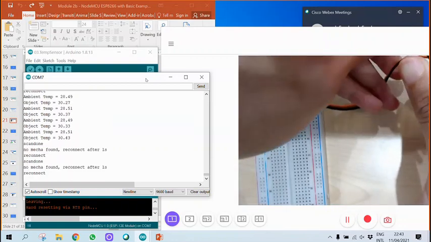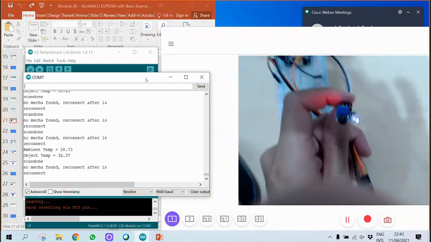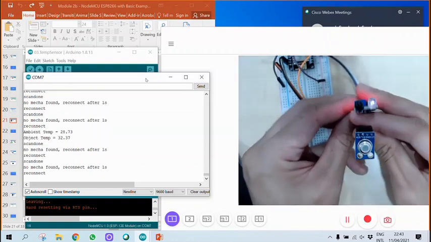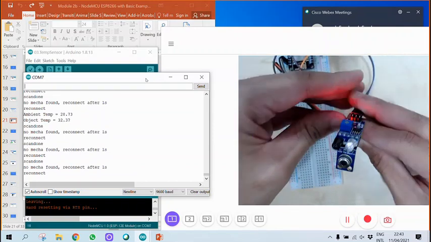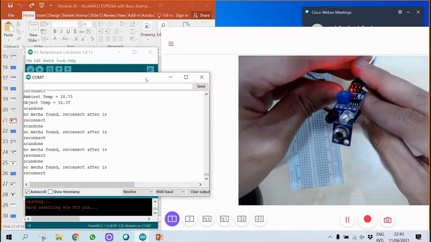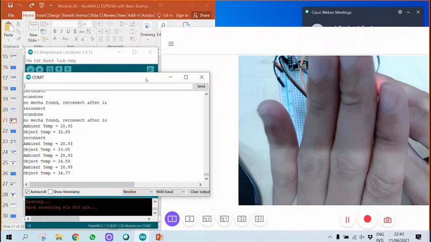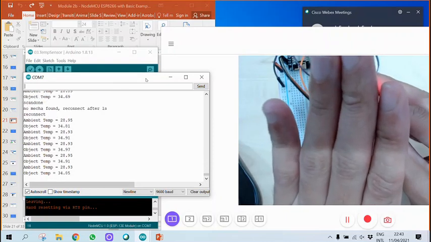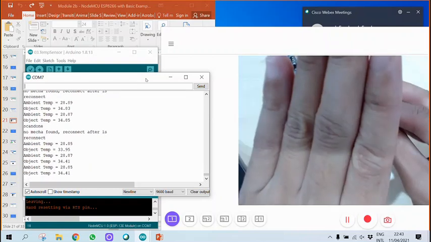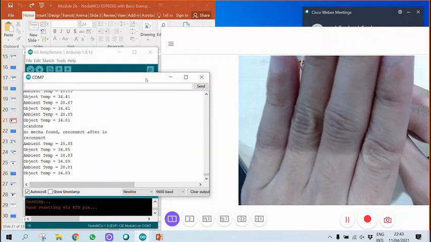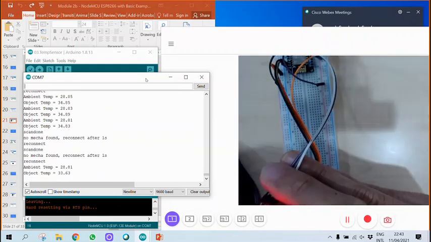Let me zoom a little bit. This is what you have seen in the mall. Now this is my forehead, I'll show it to you. Okay, my hand. You see, 34. Is it normal or abnormal? So this is my hand or forehead, it will detect. If not, it will not do anything. If I put it on my forehead, yep,